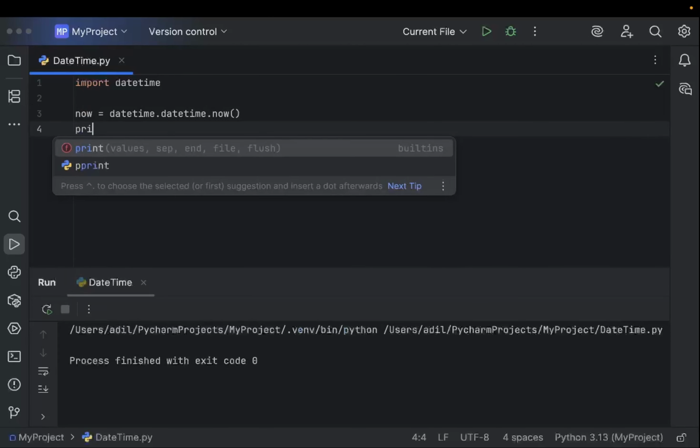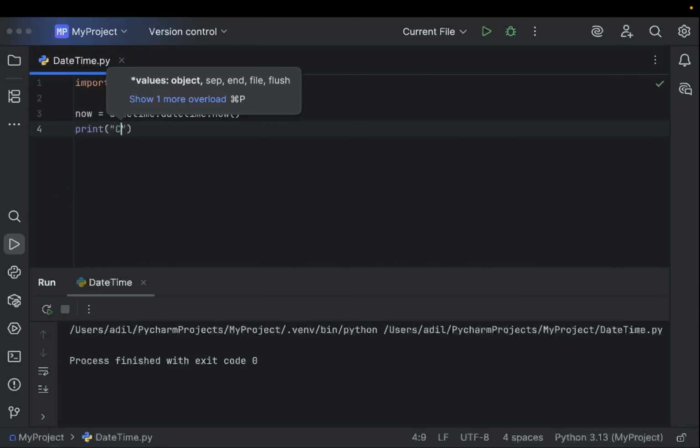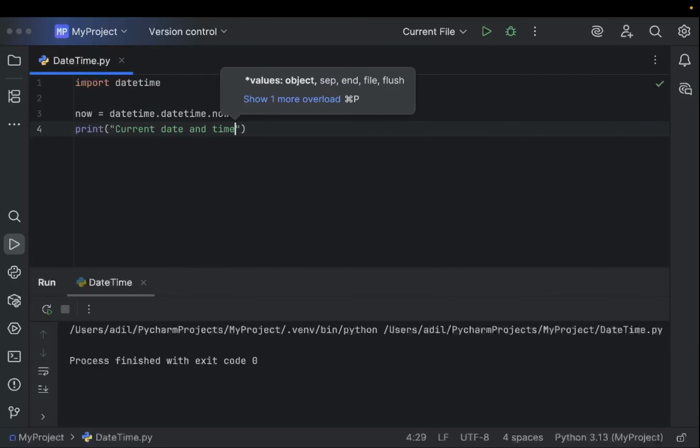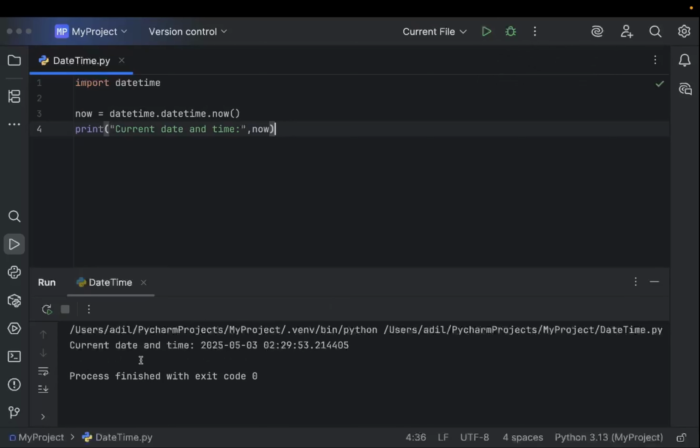So what I can do is I can write print, then current date and time, then comma, and we can just write the now variable. Now if I run the code, you'll see it prints current date and time, then the year, the month, the day, and the time, then the milliseconds. Okay,